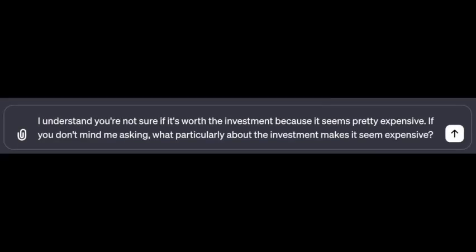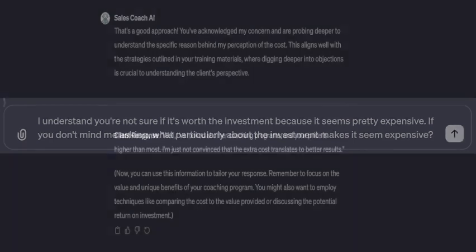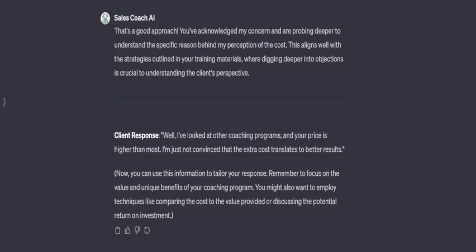So I'm going to say, I understand you're not sure if it's worth the investment because it seems pretty expensive. If you don't mind me asking, what particularly about the investment makes it seem expensive? Sales Coach: that's a good approach. You've acknowledged my concern and you are probing deeper to understand the specific reason behind my perception of the cost. This aligns well with the strategies outlined in your training materials, where digging deeper into objections is crucial to understanding